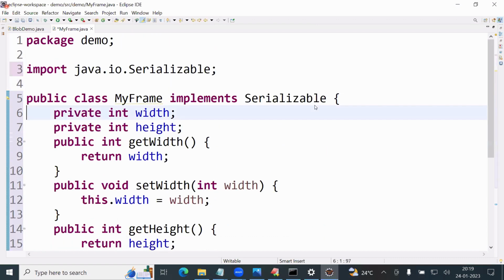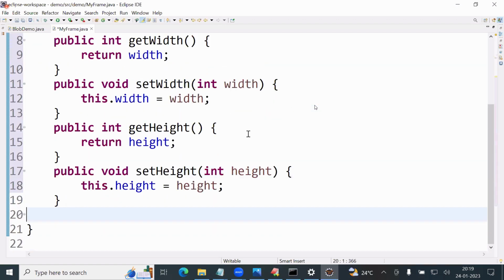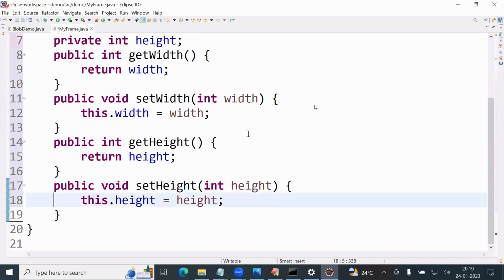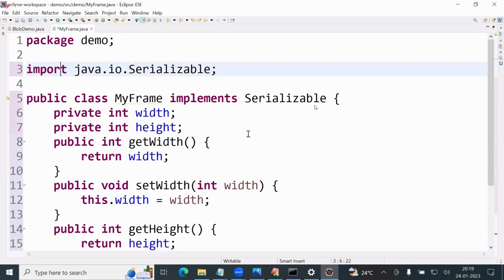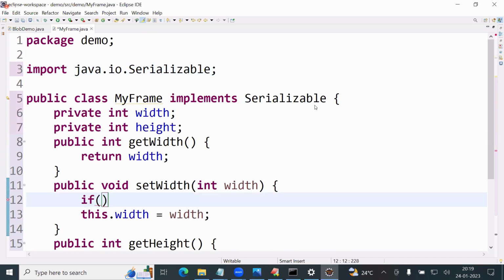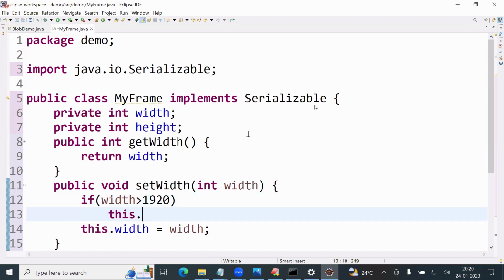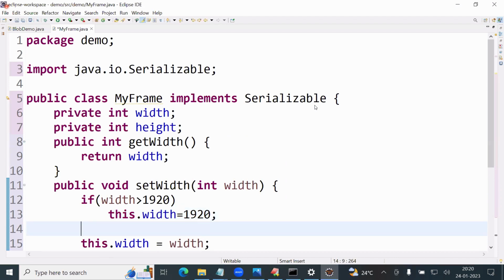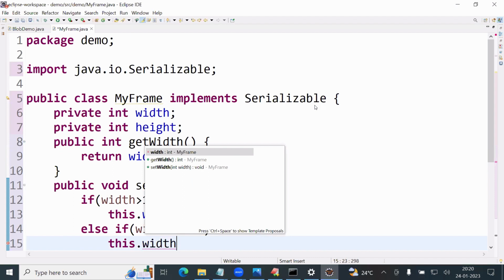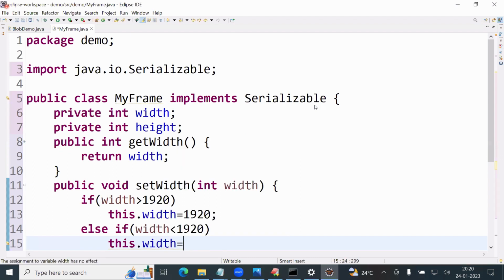Now this is one Java Bean class. What I'll do, this main method I'll remove. Main method will access outside. See, in the setter, if width greater than suppose 1920, then this dot width equal to 1920. Okay. Else if width less than, suppose 10 pixels, this dot width equal to 10. Else